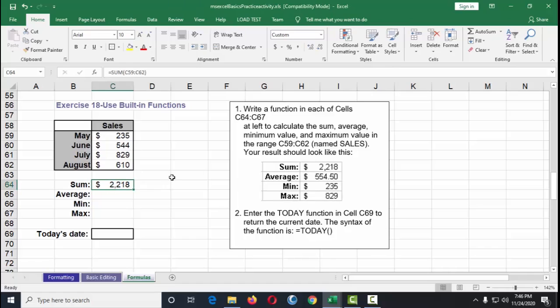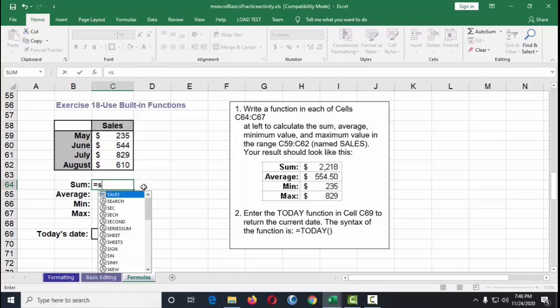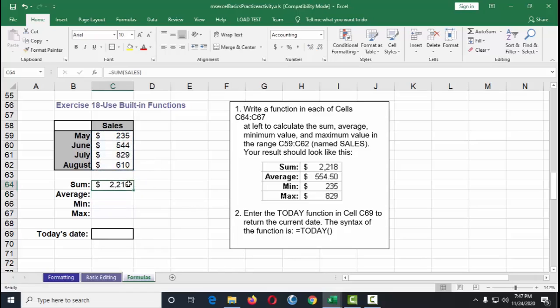Another way of doing that is, instead of typing the cell names, we can just select it by using our mouse. So sum, don't forget the open parenthesis, then like that, and then close there. So we still have the same output.